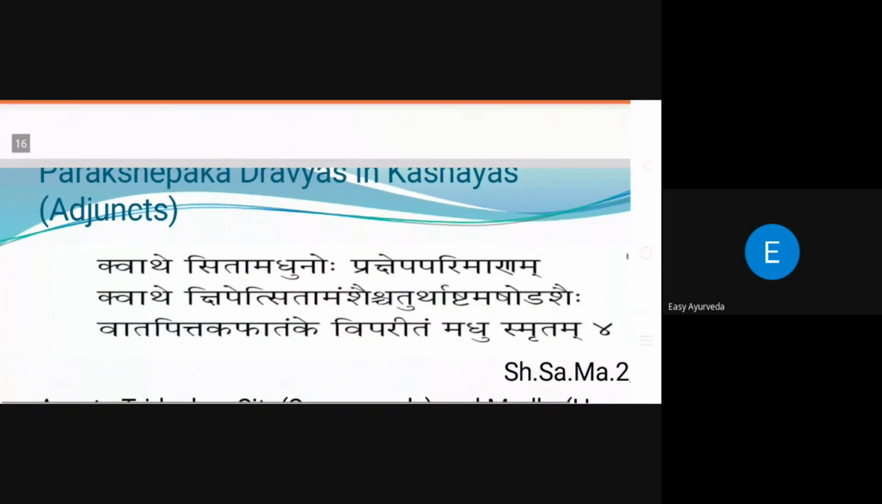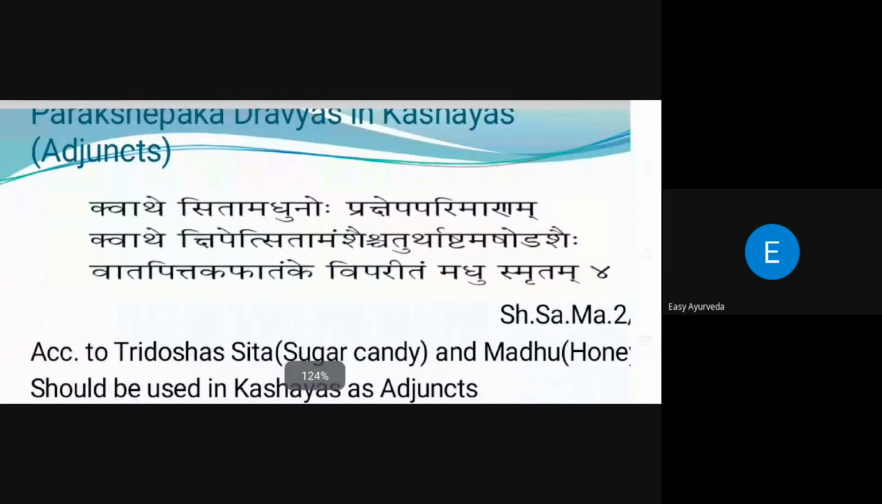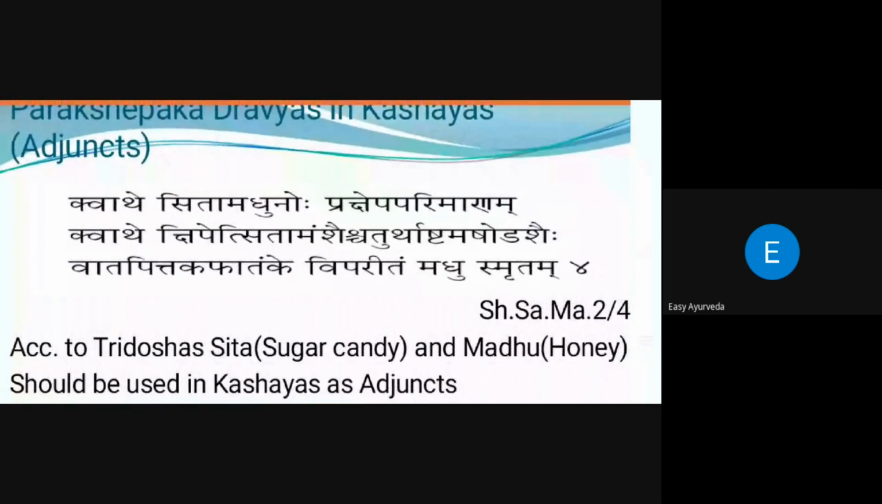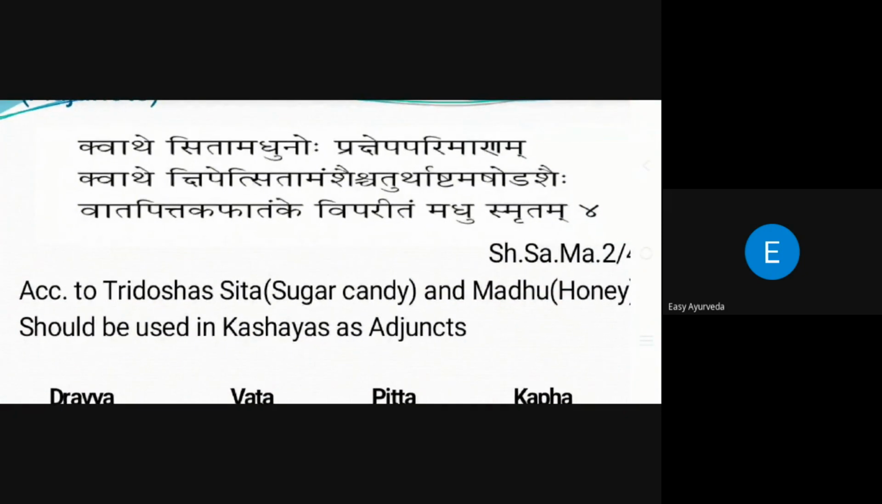Next point is the Prakshepaka Dravyas in Kashayas. Those are called adjuvants, where we use Prakshepaka Dravyas in Kashayas. Here it is mentioned: Sita Madhu, Kwathe Sita Madhu Prakshepanam. This is mentioned on the basis of the three doshas. Here, Sita is sugar candy and Madhu is honey, which are used in the preparation in the